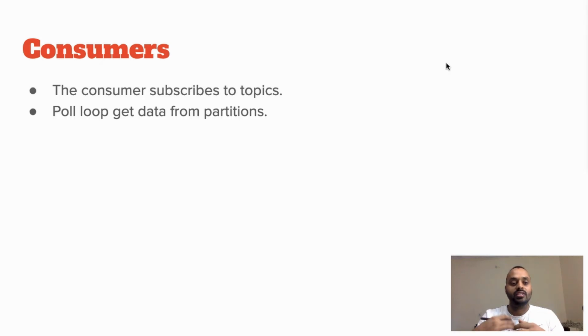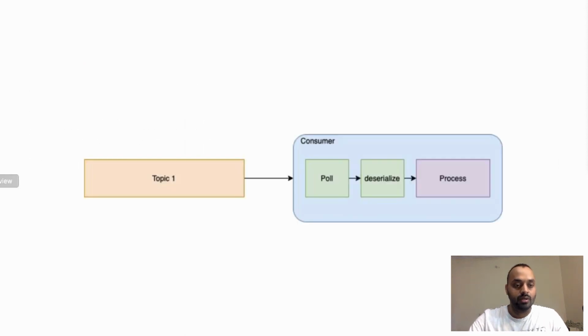So the next is the poll loop. What is the poll loop? Basically, Kafka consumers work on the ideology of pulling data. Whenever the Kafka consumer goes to Kafka and asks for more data, it will provide data, then the consumer comes back and processes that data. Let me show you with an example.